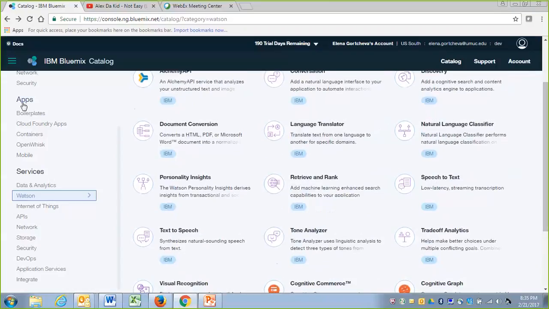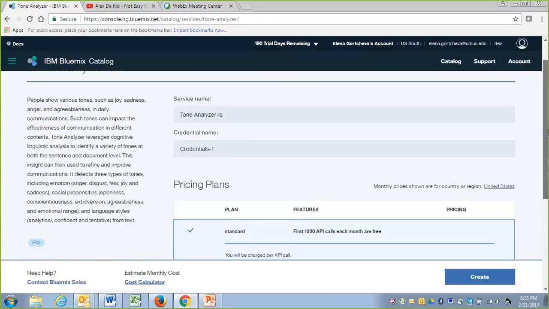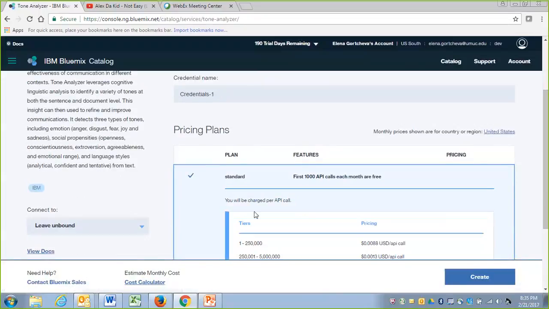You just go to your Bluemix account, to the catalog, you go to the Watson services, and, let's say, Tone Analyzer was one of the suggested. You see that the first 1,000 API calls are free.